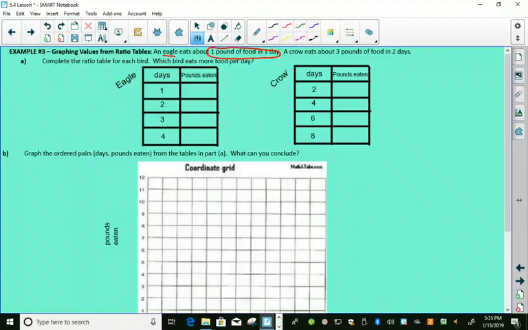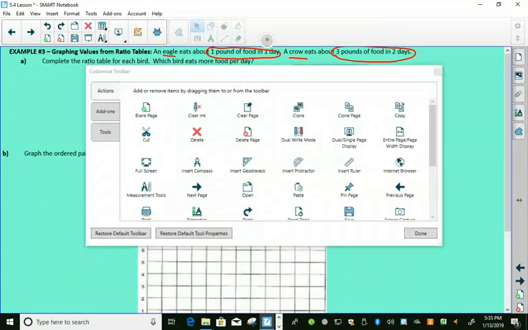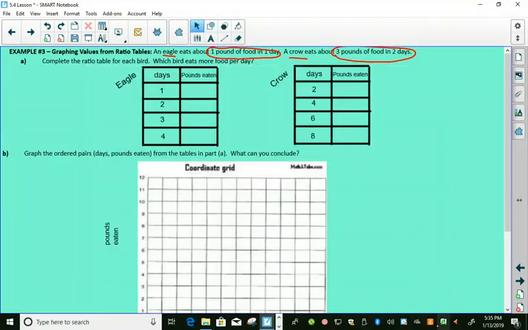The second one is the crow, and the crow eats 3 pounds of food in 2 days. So I'm going to look at these two ratios and fill out the tables. So we have our eagle here. After 1 day, our eagle will have eaten 1 pound. After 2 days,